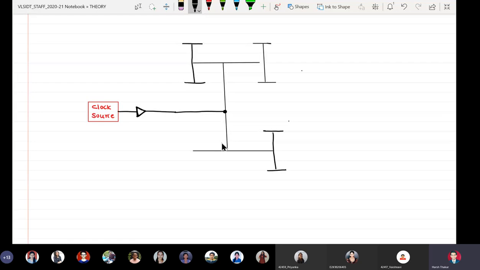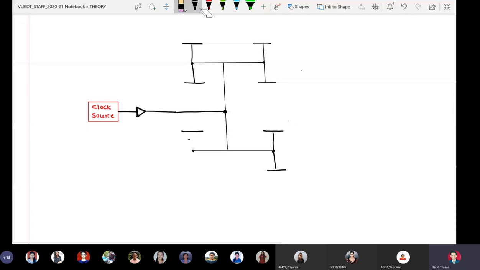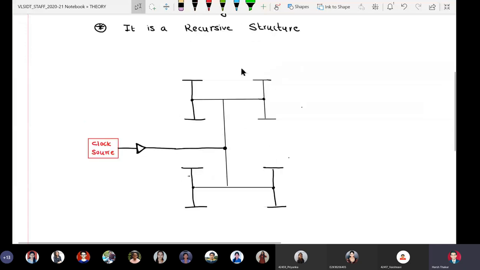Okay, so this 1, 2 and 3 forms the first edge, and then at the edges of every edge we have another edge. Similarly here again I make another edge. And then we can take one of the edges and go on making it. That is why I told that it's a recursive structure. Here it is H.